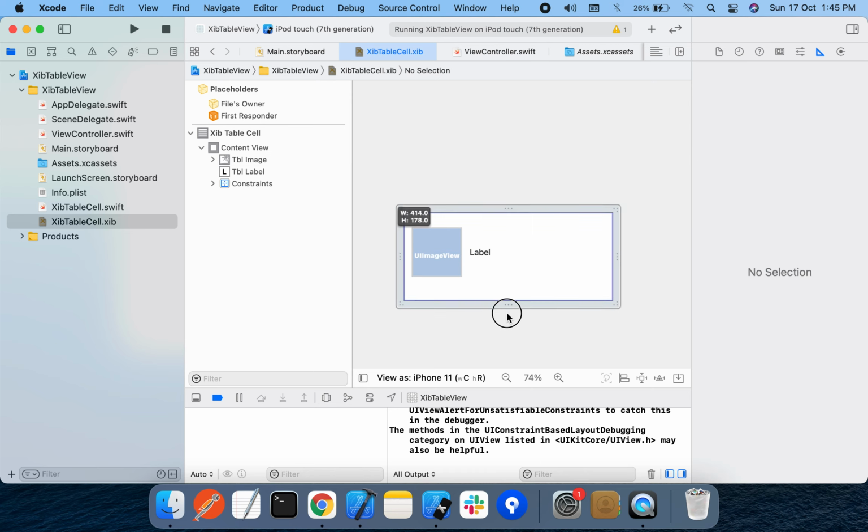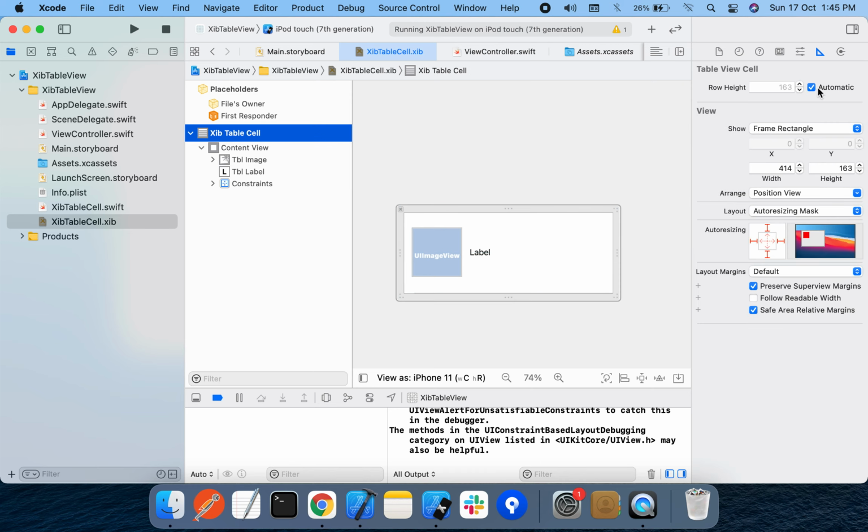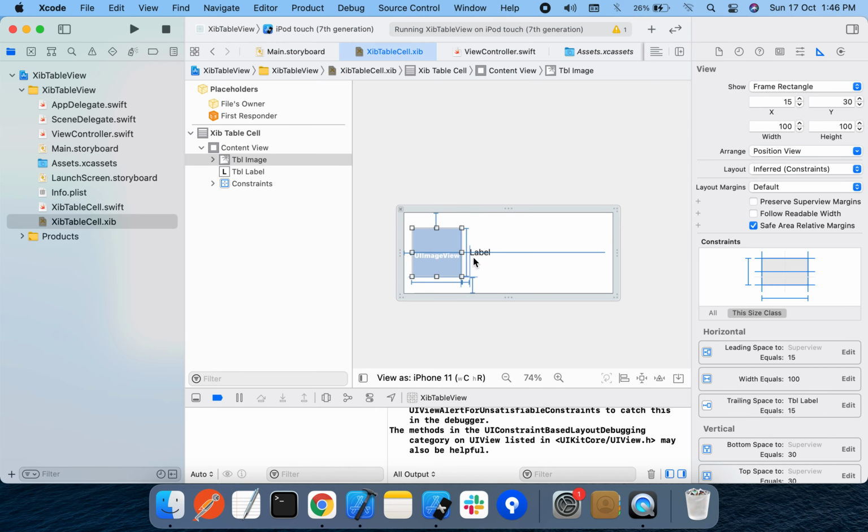So at that time we need to make sure that this particular view height and the top constraint and bottom constraint should be equal to the height of this view. Sometimes it would be getting automatically updated, but sometimes it won't. It will give some errors, like a constraint unable to satisfy y position, or height position. That kind of issues you may get.